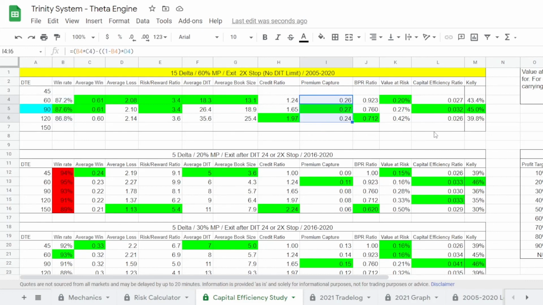Honestly, you want to take these with a grain of salt because, again, these are back tests, right? And things can clearly be different moving forward. And if you look at the longitudinal study, the win rate is sometimes all over the place. It's really high in one year and really low in the other. This is a long-term average. So for all intents and purposes, we're almost treating these as if they're similar. And the main reason we want to do the 90 DTE is just because the average days in trade is shorter, so your average book size is shorter. The trade-off is because with the 90 DTE short, your long is at 60 DTE, and this is again for the bomb shelter, it is a